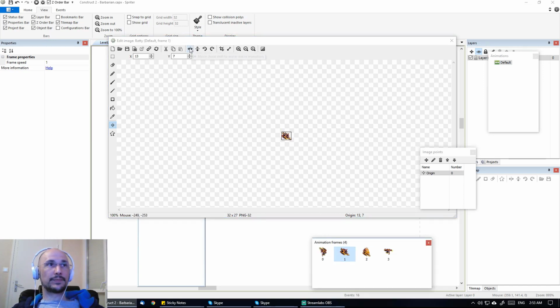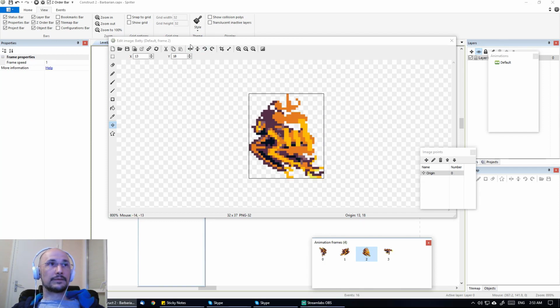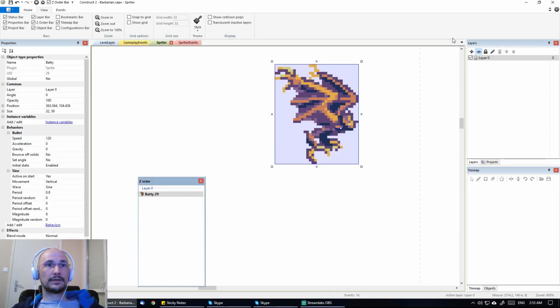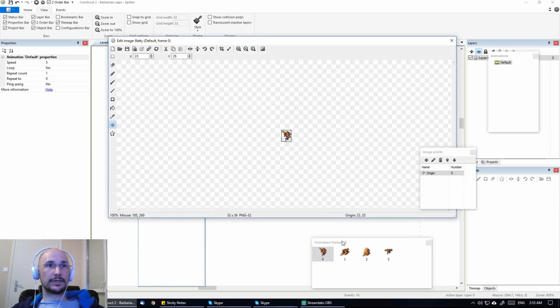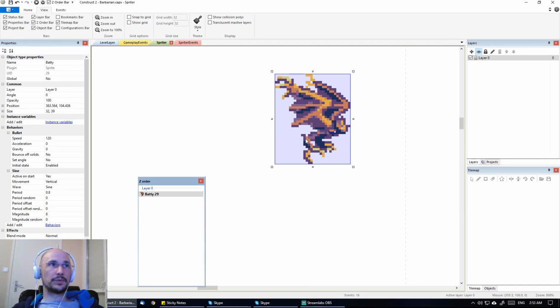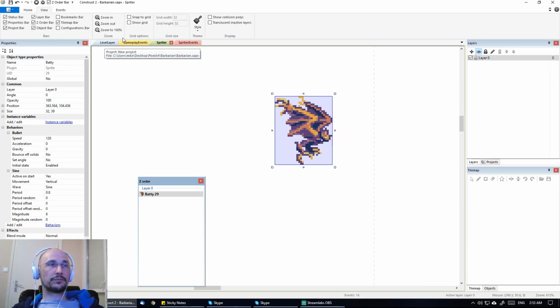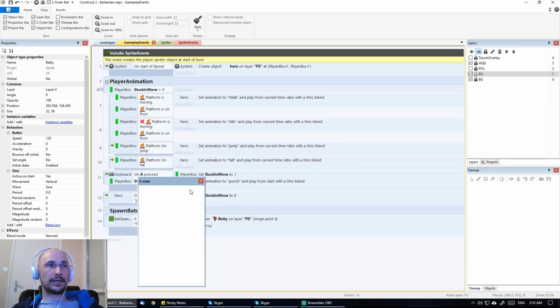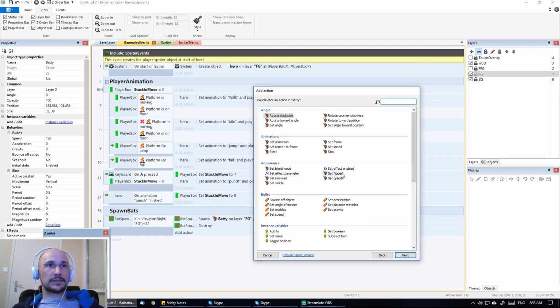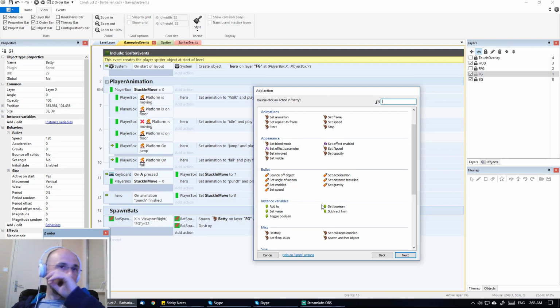So I'll just go up here and horizontally flip the frames so that they are facing right. All right. Let me make sure I did that right to all frames. Yep. Okay. And so now what it thinks is the way it's facing matches the way it would be moving by default. But of course, for now, we want them all being spawned on the right and flying to the left. So now what we need to do is, after the bat is spawned, we are going to